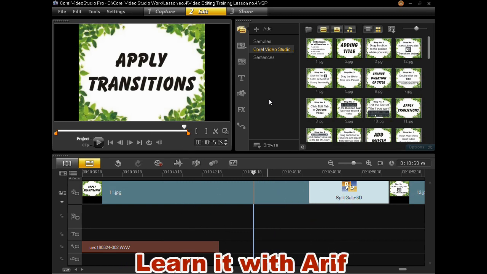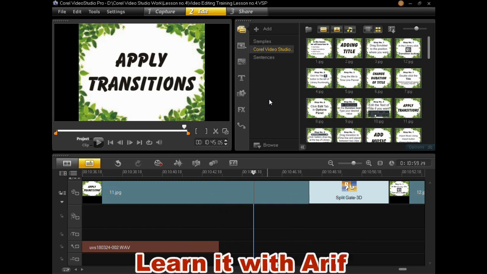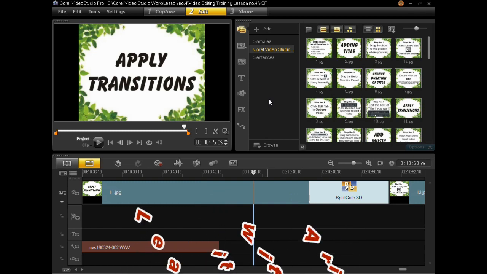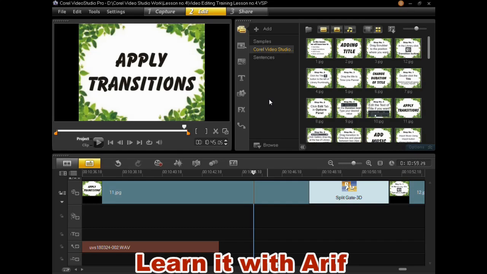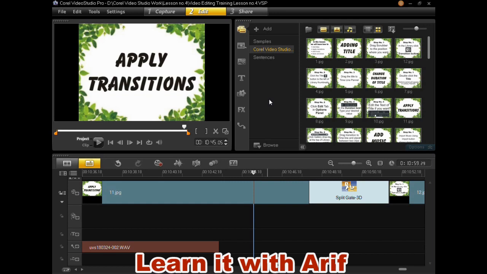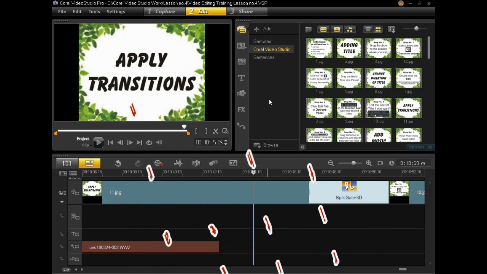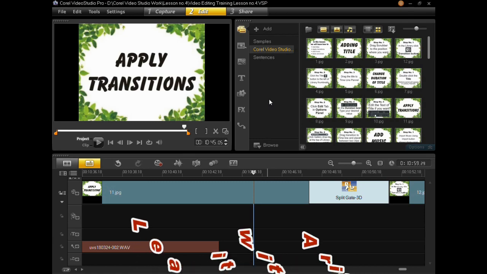We will see how to apply transitions to different scenes of a movie. We can apply transitions between two clips or in a clip. Let us see how to apply transitions to our video.